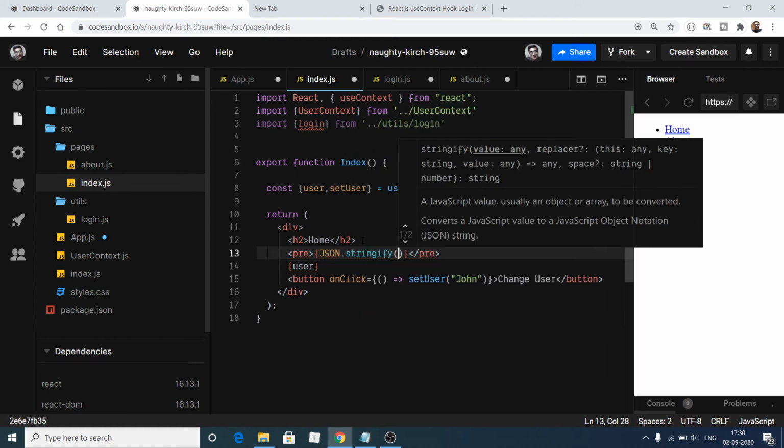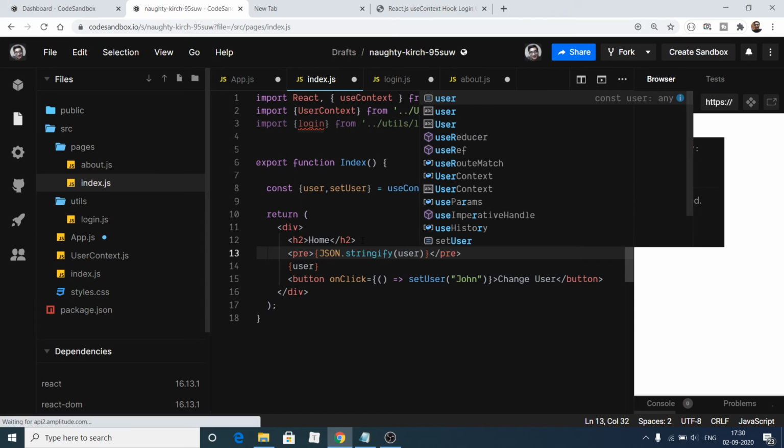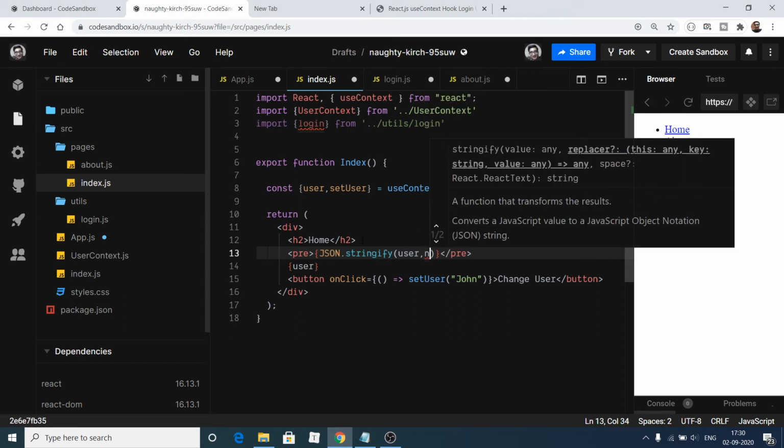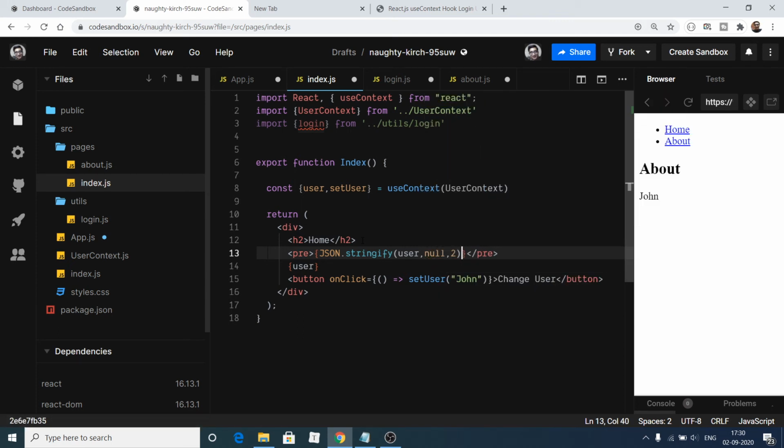Inside this we can pass the user which is currently logged in, and then pass null comma 2. That's it. And if I reload the application, you will see this John user will be populated. This is because of this json.stringify.